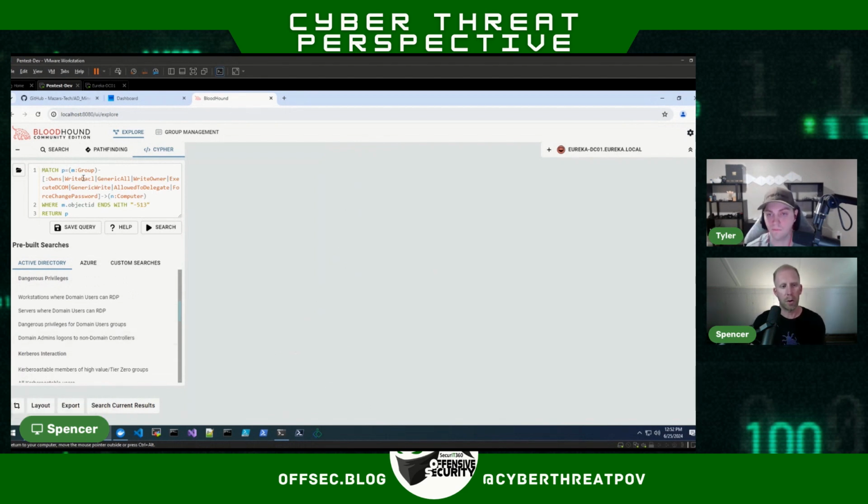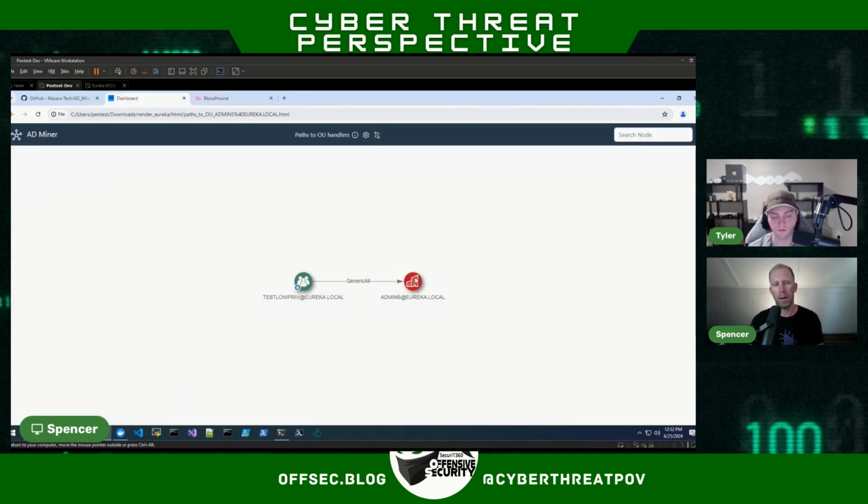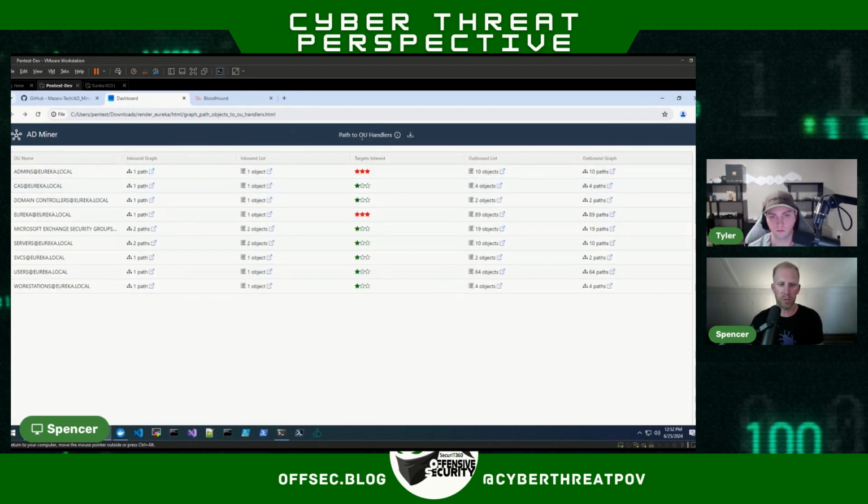So you would have to figure out how to customize this for specific users. You'd have to know the specific user to target potentially. To find this, you'd have to do some investigating in BloodHound, based on my perspective. Now, if anybody has a better way for finding this kind of thing, where it's a specific user, I'd love to learn and get better at that. But in AD Miner, it shows you this control path. It's like, hey, test user has generic all over admins. And that's as simple as going to this OU control paths section and looking at this. It shows you which ones to focus on here, which is really cool.